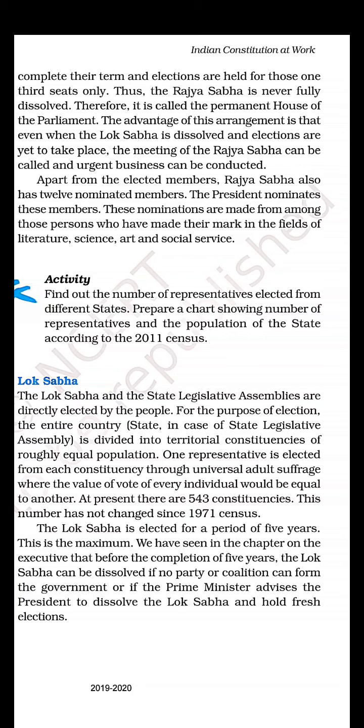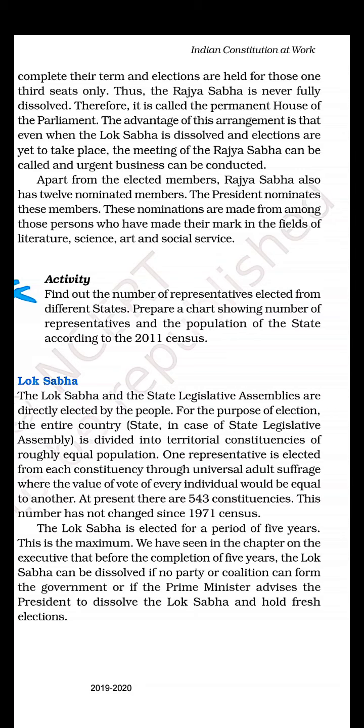All the country is divided into territorial constituencies, and one representative is elected from each constituency, or हर constituency से so many people can contest election from one constituency. एक constituency से बहुत लोग खड़े हो सकते हैं, but one member will be elected from one constituency through universal adult suffrage. You have already done it. So universal adult suffrage means every person who is above 18 can cast his or her vote for Lok Sabha member. You can see that MP, clear, member of parliament.